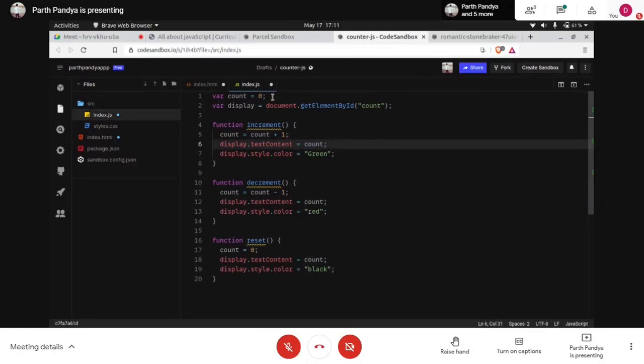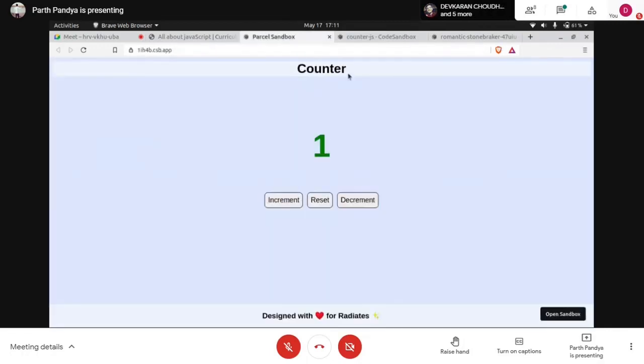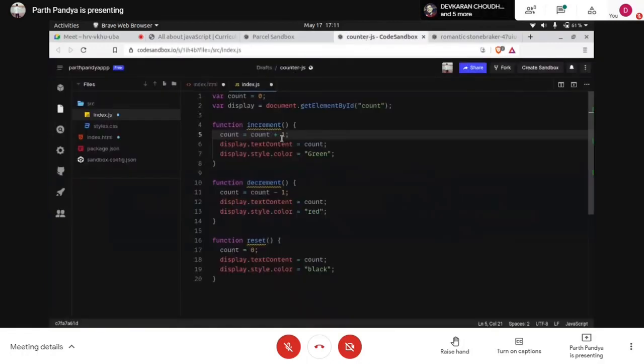Now suppose the initial value of the count was 0, and this count value changes on line number 5. So when we click on increment here, this particular function is being called, and the count value is changing by 1. It is incrementing by 1. So suppose the initial value was 0, it will increment by 1. So we will have 1.